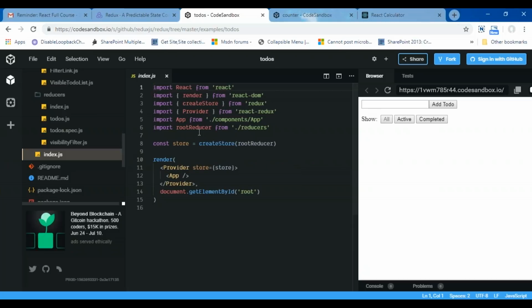In this example, I am using the Redux library, because you can see here the createStore method, which always takes the root reducer as a parameter. Please remember, in any Redux application there needs to be a root reducer, and once you have the root reducer, the store will always talk to the root reducer only. If I talk about the purpose of presentational and container components, the presentational ones tell me how things look, maybe about the markup, HTML, or the style.